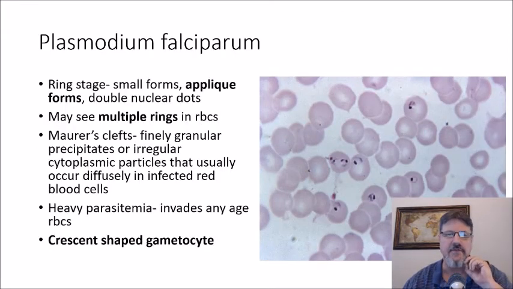So let's go ahead and start with Plasmodium falciparum. And here we have a picture of the ring stage. They're small. You can often see oblique forms where the ring presses up against the side of the RBC. Oftentimes you see this headphone appearance where there are double nuclear dots in the ring. It's not uncommon to see multiple rings within one RBC. Maurer's clefts are finely granular precipitates or irregular cytoplasmic particles that usually occur diffusely in the infected RBCs. With Plasmodium falciparum, you can have very heavy parasitemia, and the parasites invade RBCs of any age. And if you do see a gametocyte, they're frequently crescent-shaped, also described as banana-shaped, and you'll see a picture of